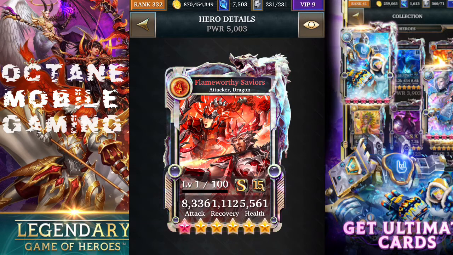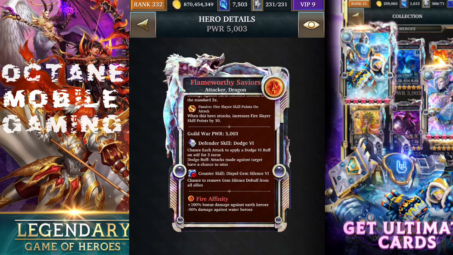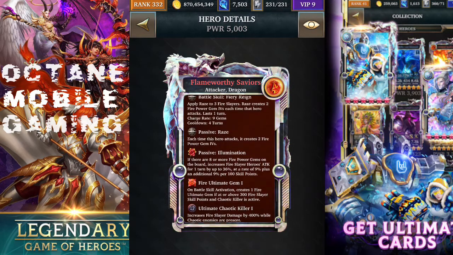Anyhow, the current meta is power gems. So if you have got an ultimate form that is not going to produce a minimum of 12 power gems, it's not really a very powerful ultimate form. Moreover, this ultimate form has got Dispel, which dispels gem silence, but within its battle skill or its passive,